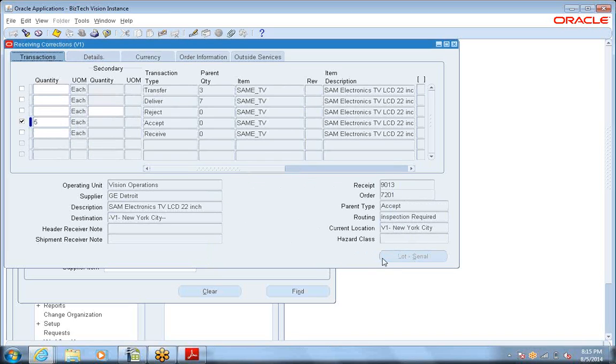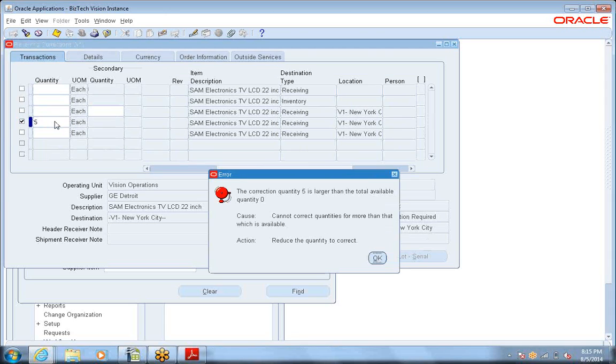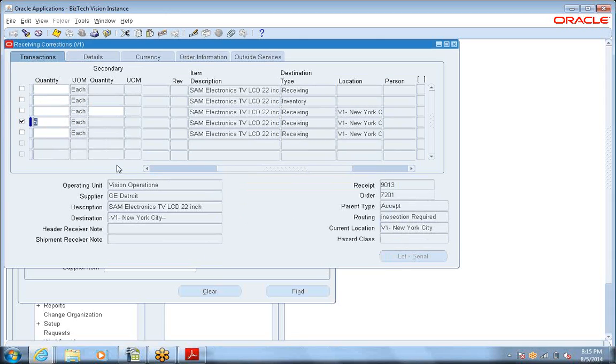Hmm, okay. One second. I rarely go to the inventory module, so